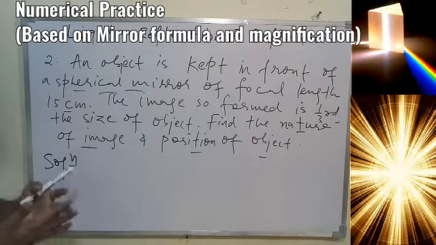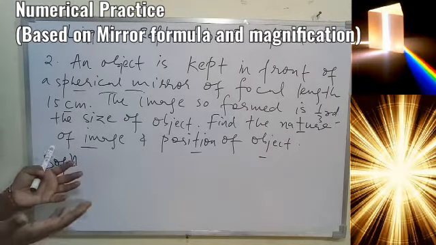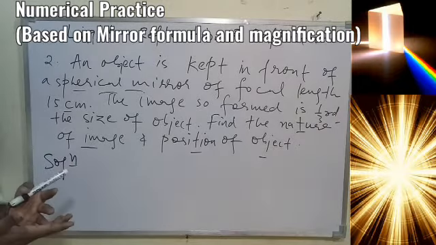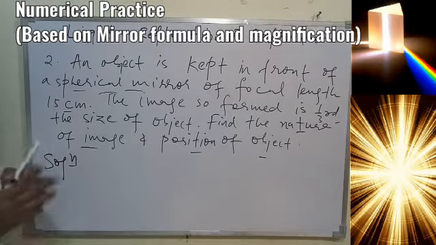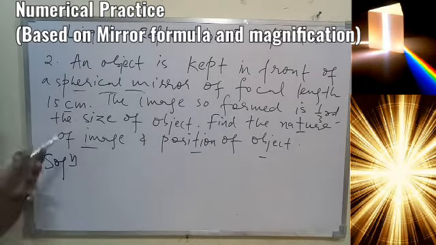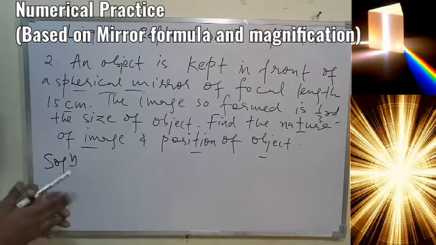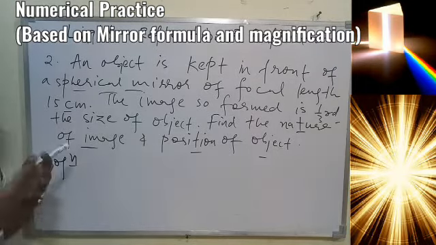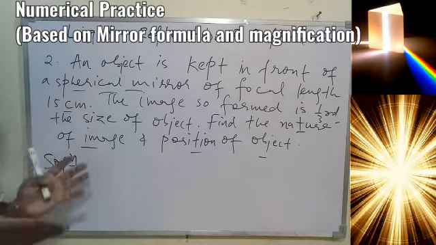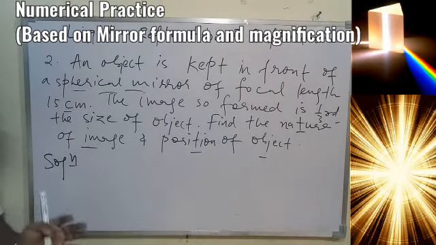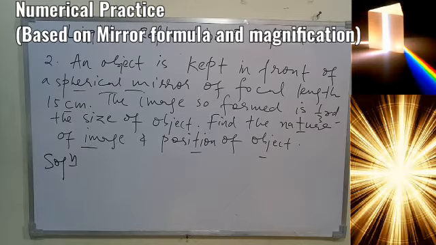If the image is virtual, if it is written anywhere, then one thing we can get, that is, a smaller virtual image can be formed by a convex mirror only. But here it is not mentioned whether the image is virtual or real. So since the clarity is not there, we must go for both the cases. Just that is to be taken care of.